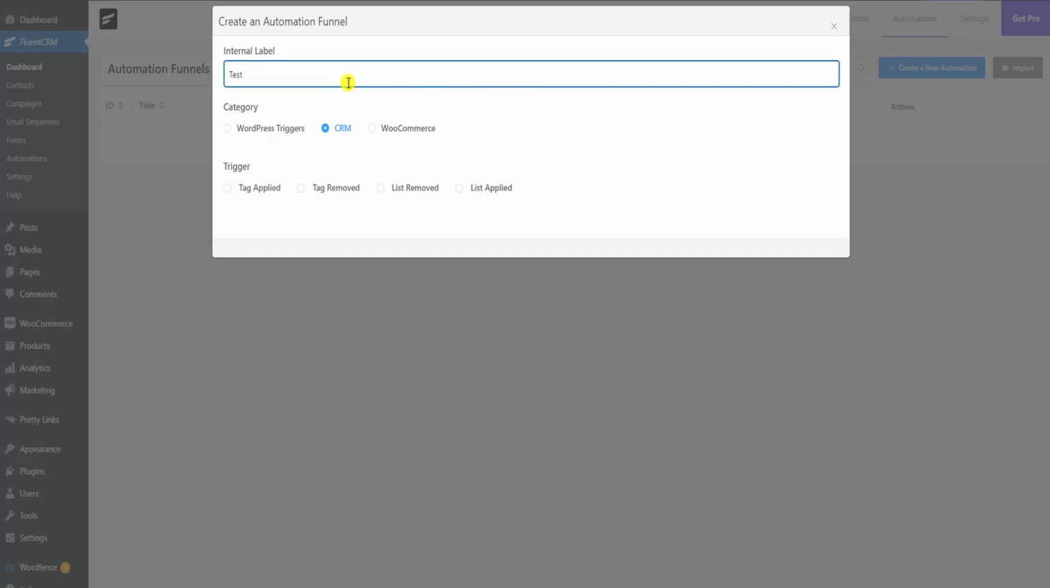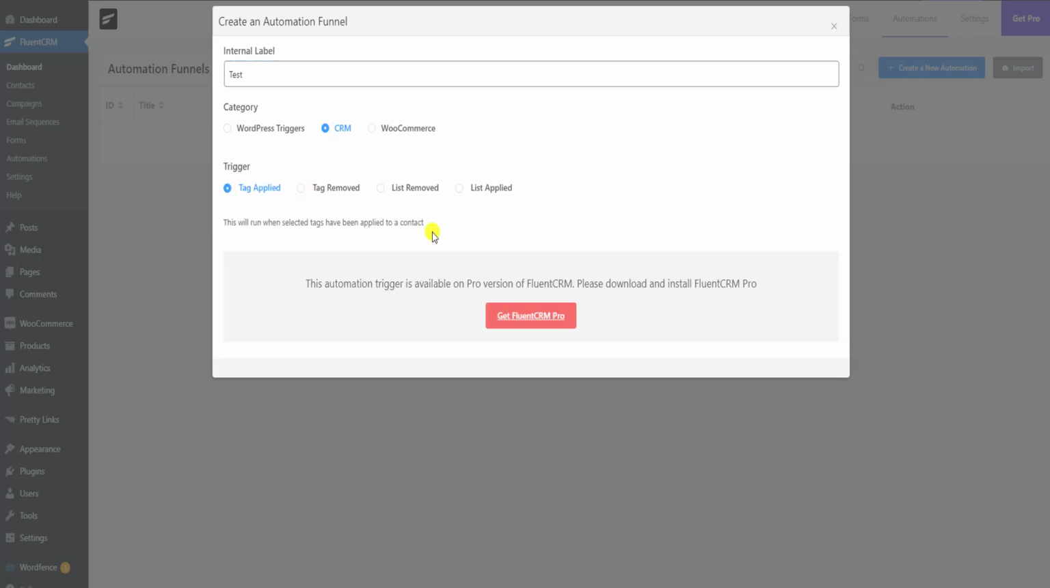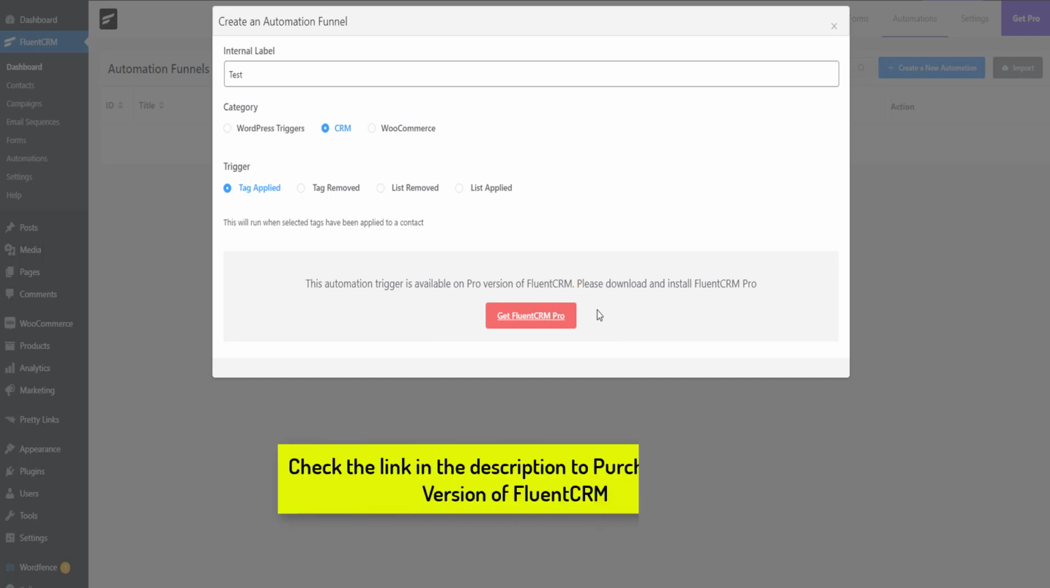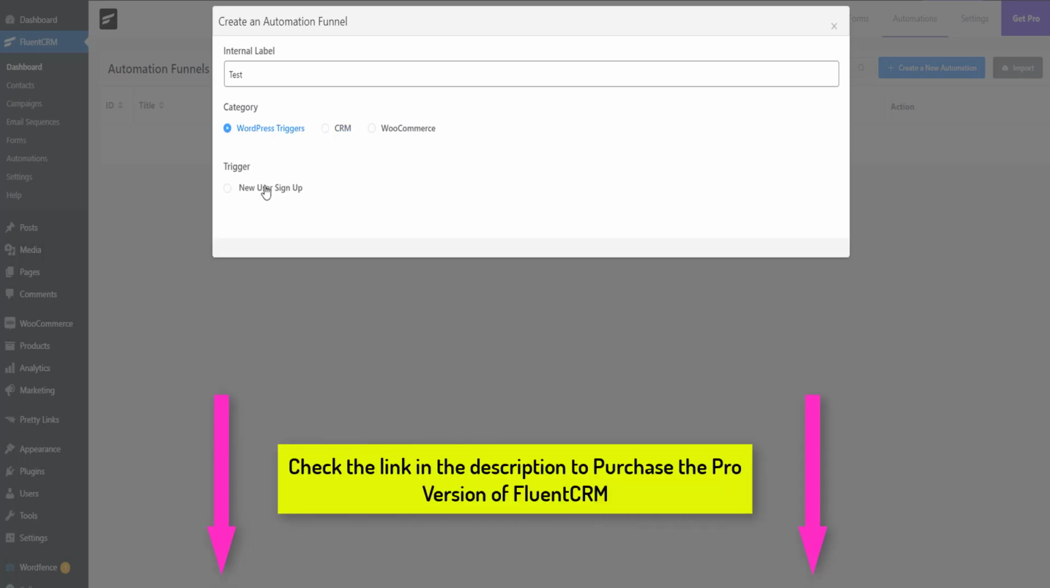I will choose the category to be CRM. I will write the automation name to be test. I will choose the trigger to be tag applied. As you can see here, this automation is available only in the Pro version of FluentCRM. But, if I will choose the category to be WordPress,